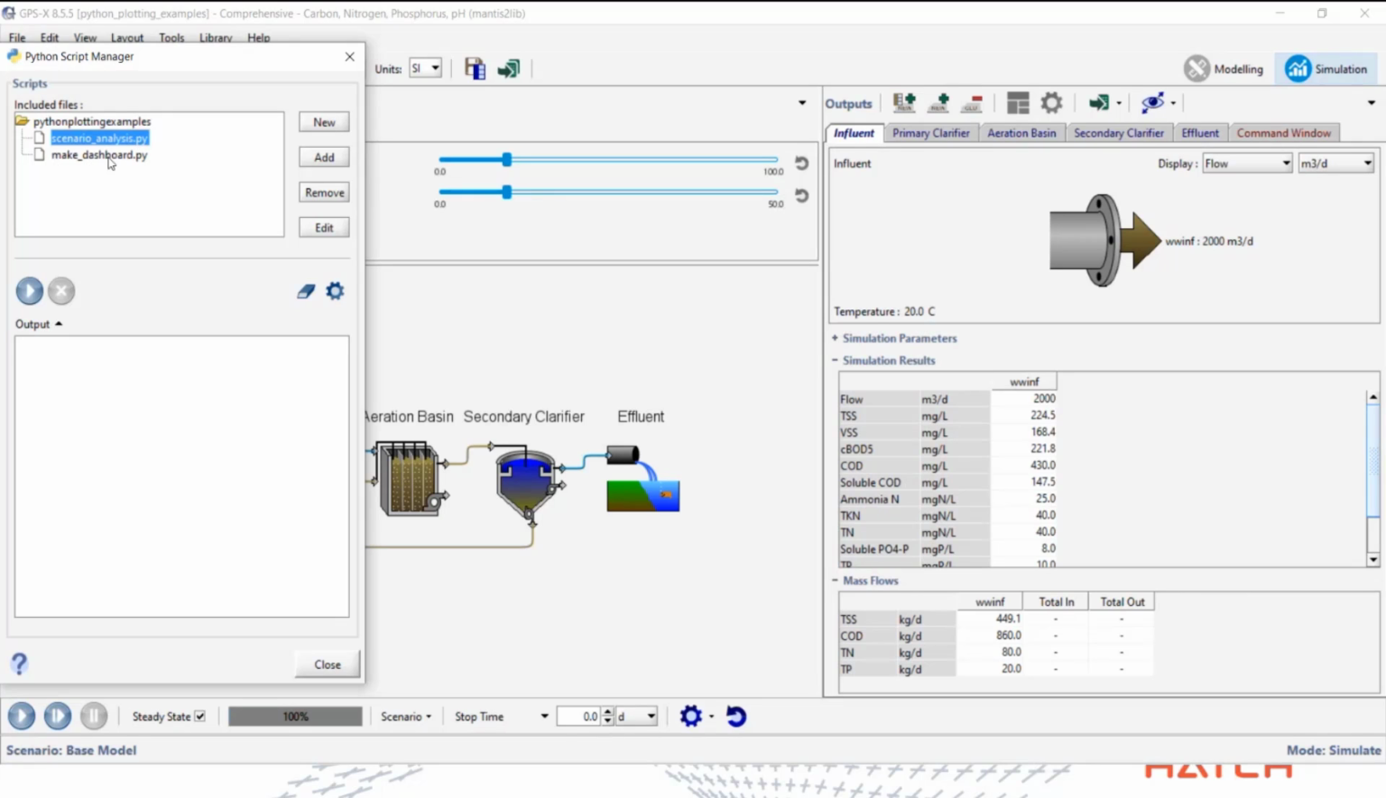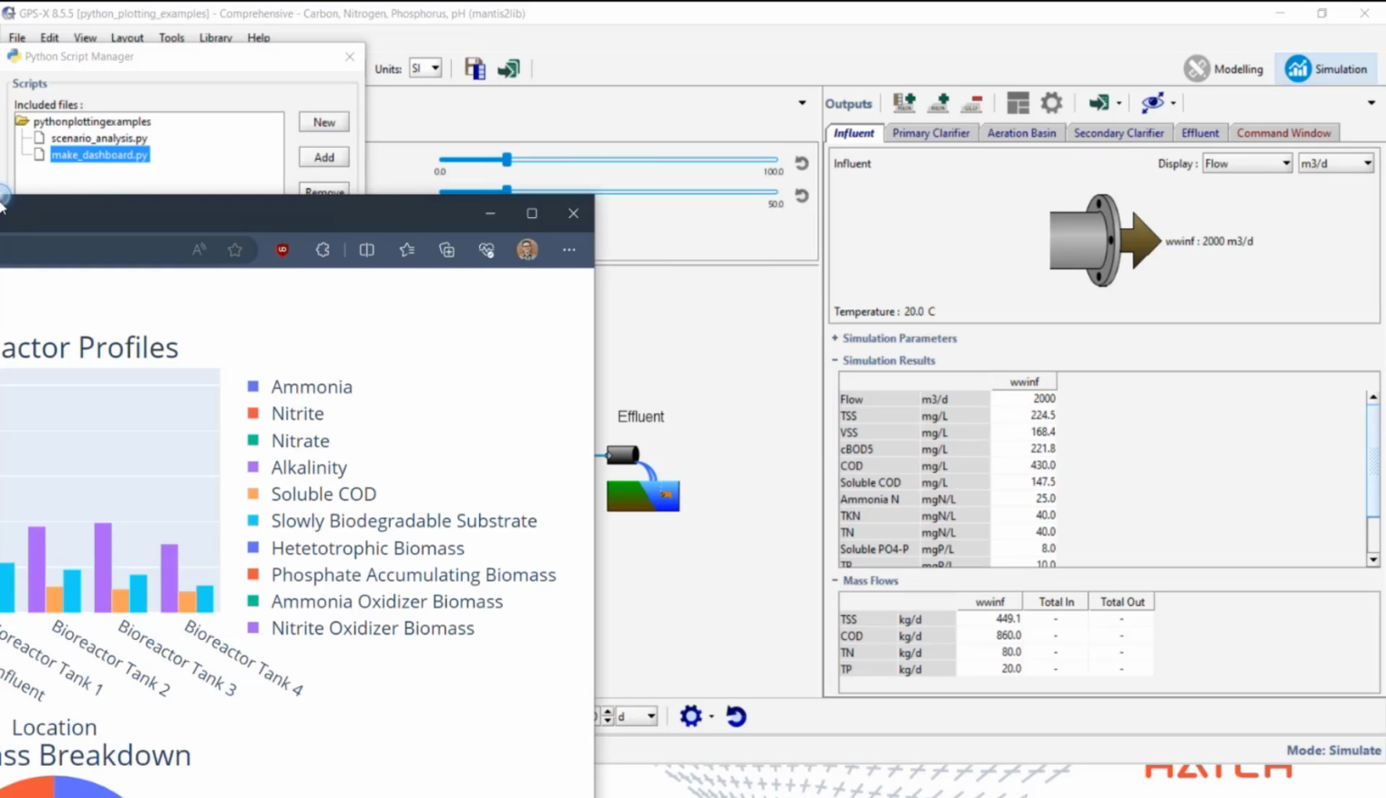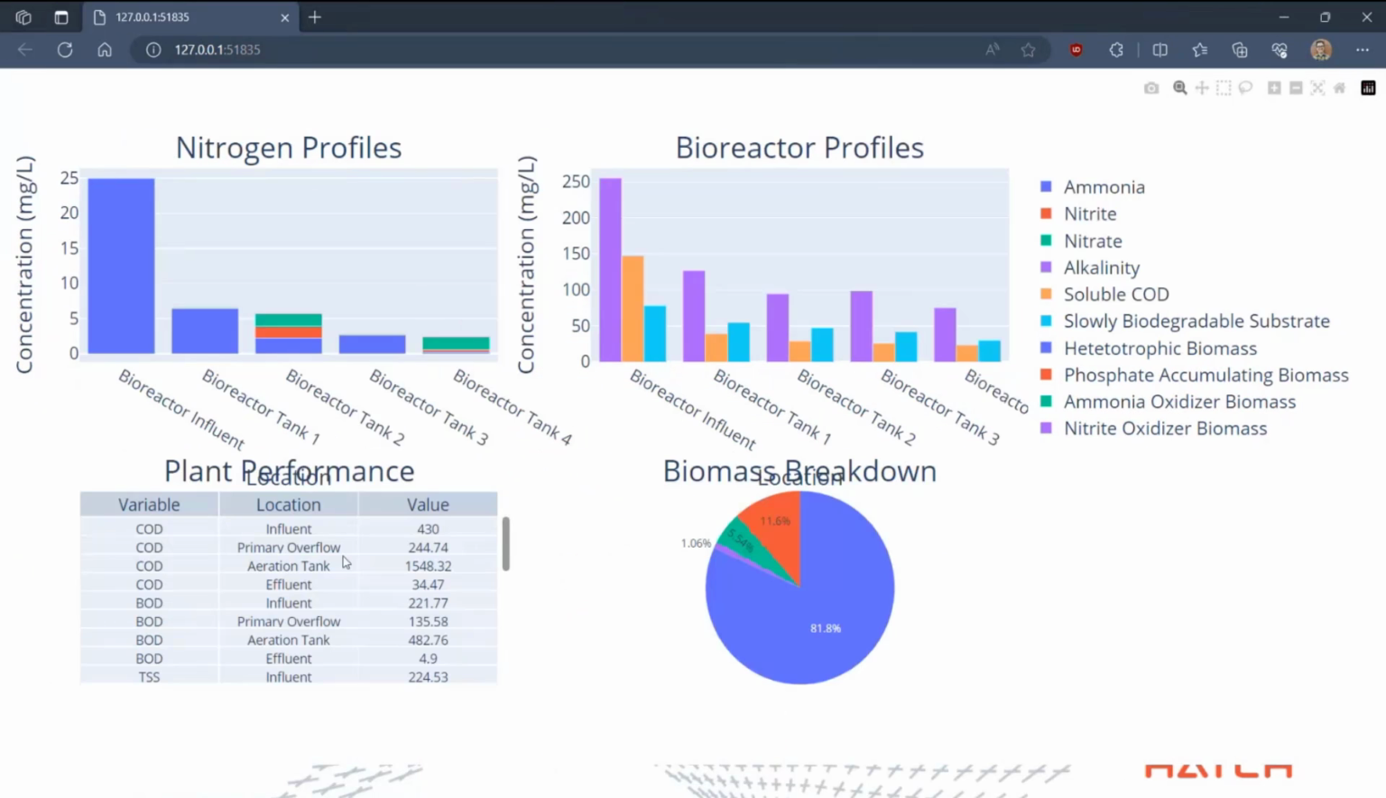The other Python script we have is the make dashboard script, which is what I use to generate the last plot I showed you in the slides. We're actually going to run this to see what the output would be from the Plotly library. So you just press the run button, it'll automatically run GPSX for you, and then it opens up in the web browser a dashboard for you with your plot results. This is just because I'm using Plotly. It saves all of its outputs to an HTML file, so it's going to open up by default in your